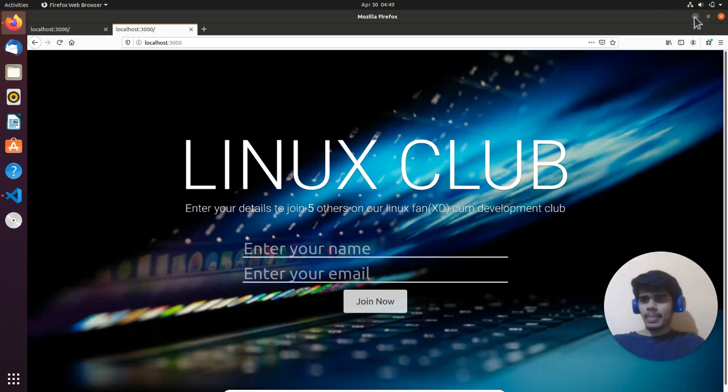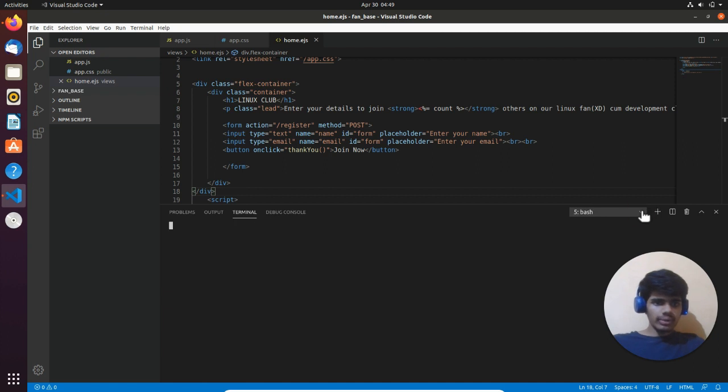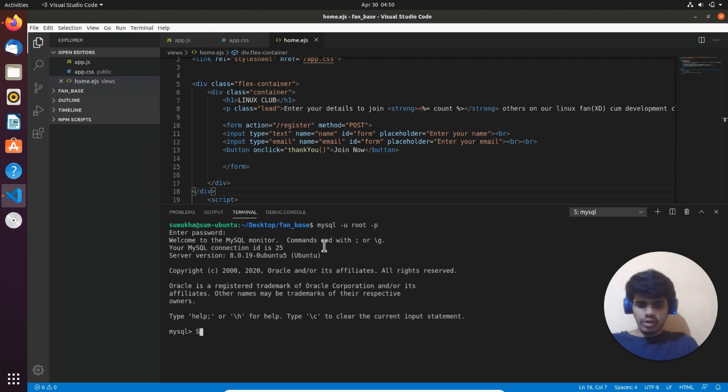How do we check that? Open another terminal. I don't think my MySQL terminal is over here. So what you have to do is type mysql root, and the password is just password.